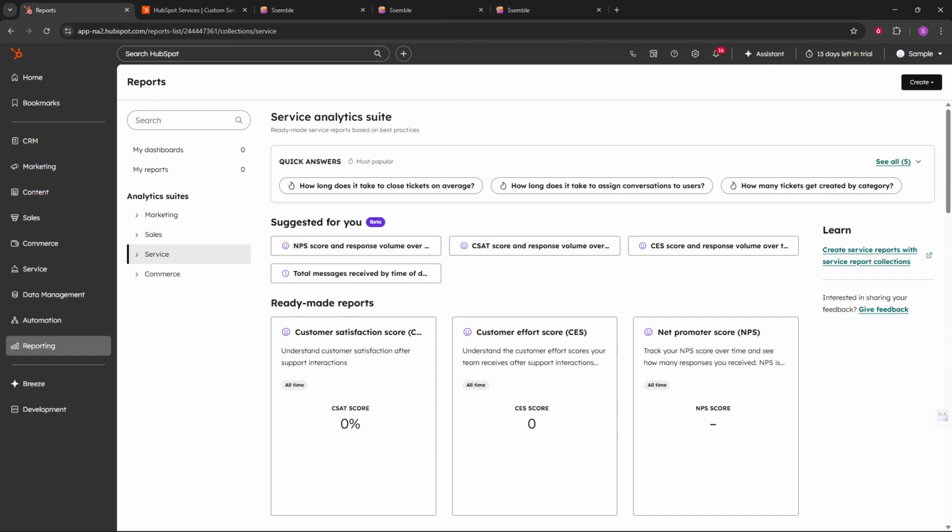That's the core of using HubSpot Service Hub. Log in, open the service workspace, and make the most of help desk, customer success, agent tools, chat flows, feedback